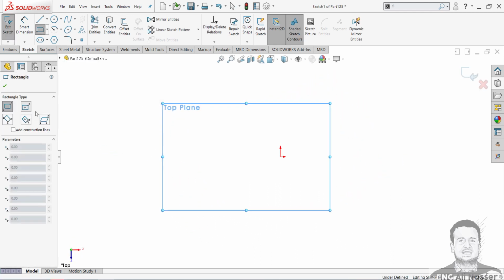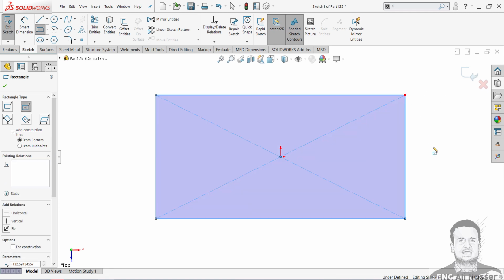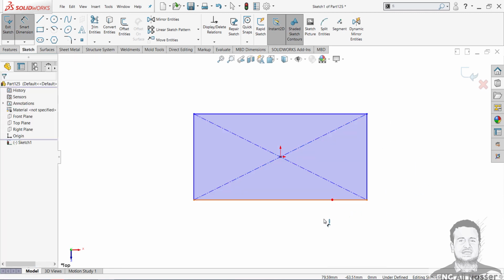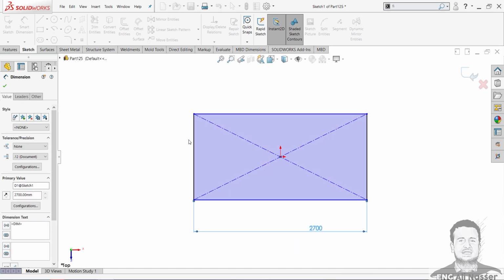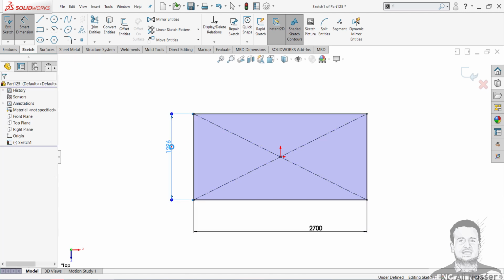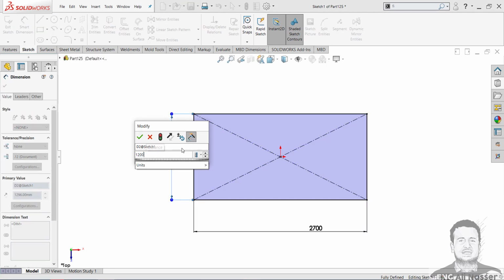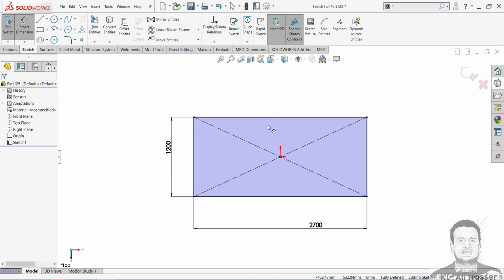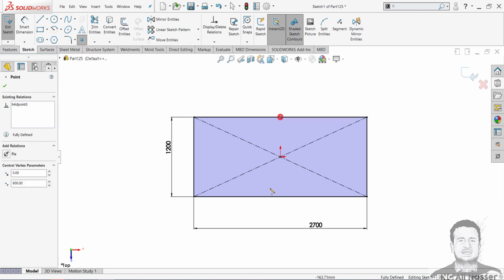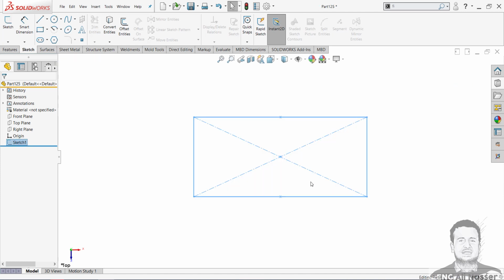Let's select a center rectangle and assume the dimensions: length will be 2700 millimeters, and width will be 1200 millimeters. After that, I will divide my rectangle by a point here and here. Then go out of the sketch